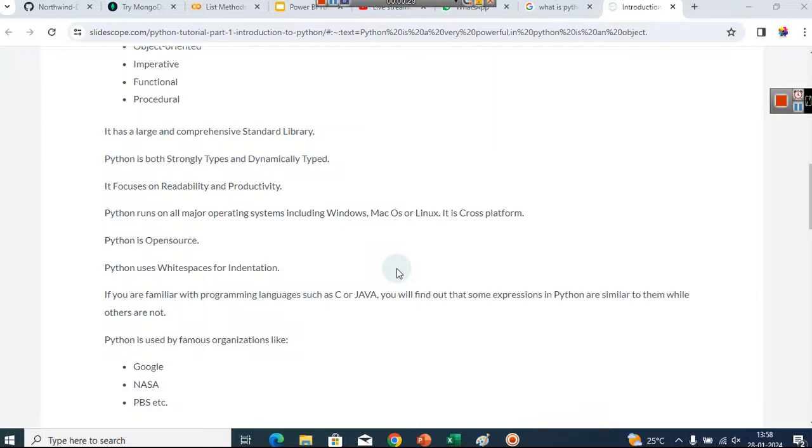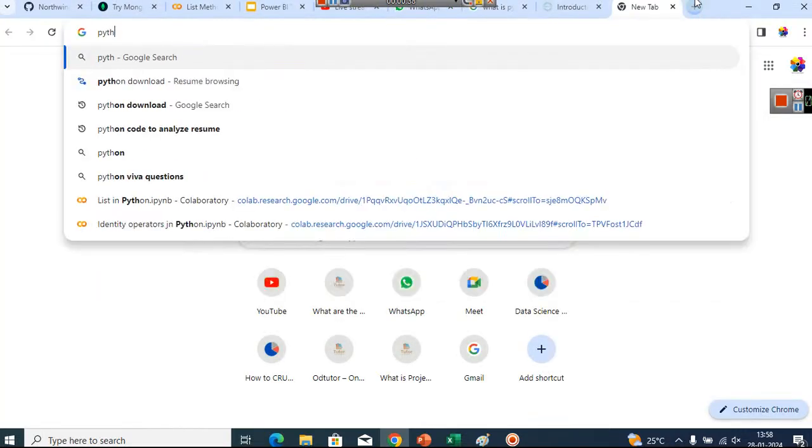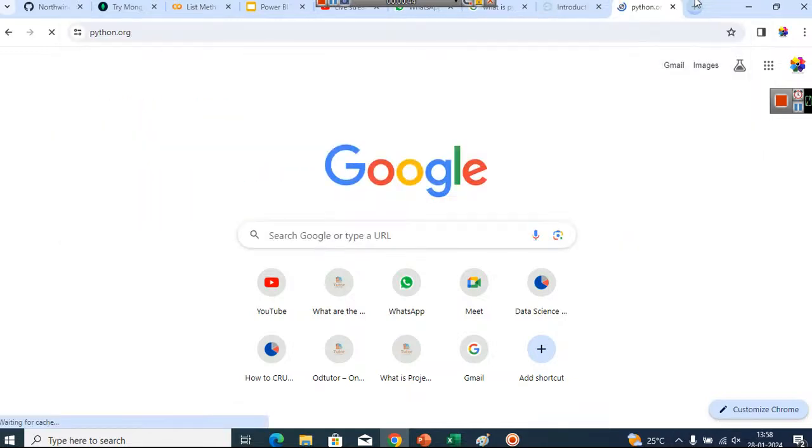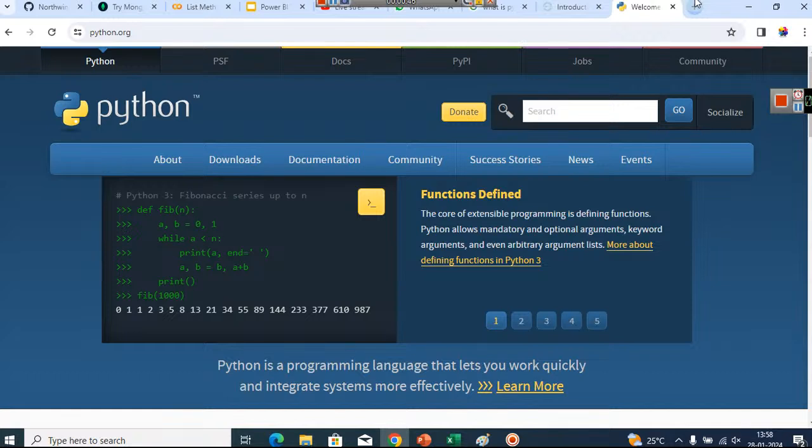The first question is how to install Python. In order to install Python, first you have to open the official website of Python, that is python.org.